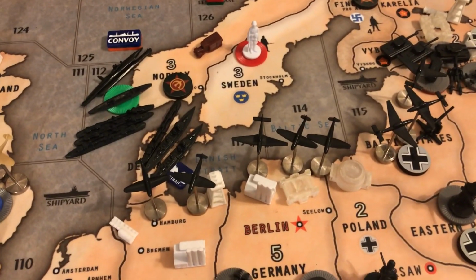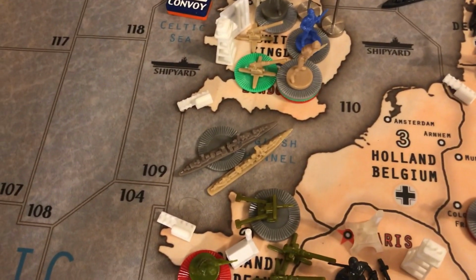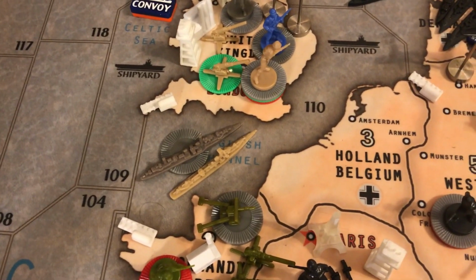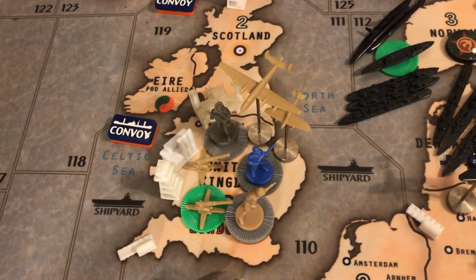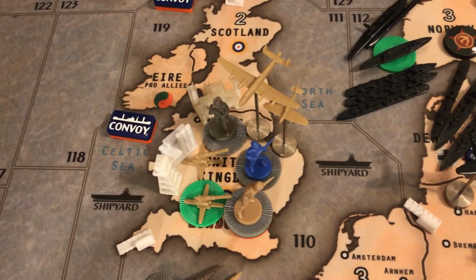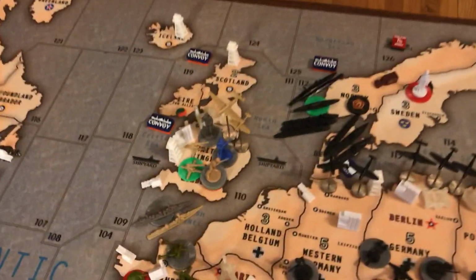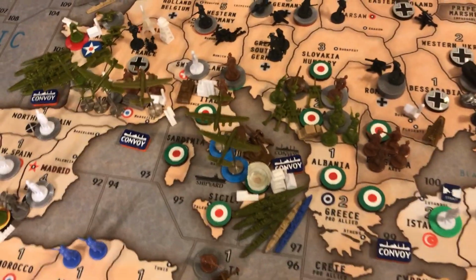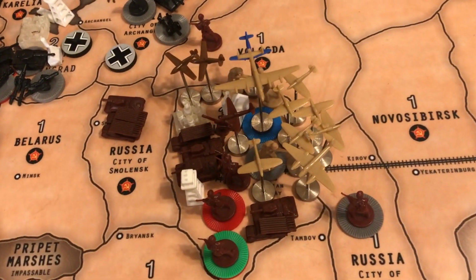And also the aircraft. His naval units here in 112, we have blocked them with the 2 Canadian destroyers and 1 British destroyer that I threw down there. Britain built a fighter, another bomber, and went for, let's see, the bomber that I had for the UK here flew over and dropped 2 more infantry